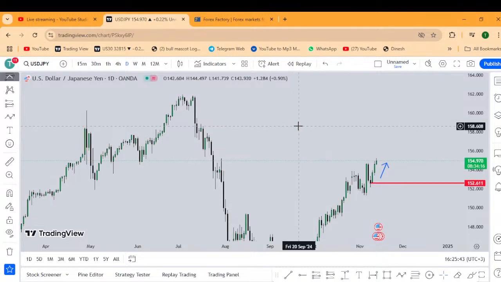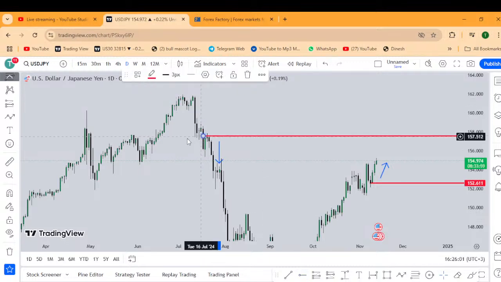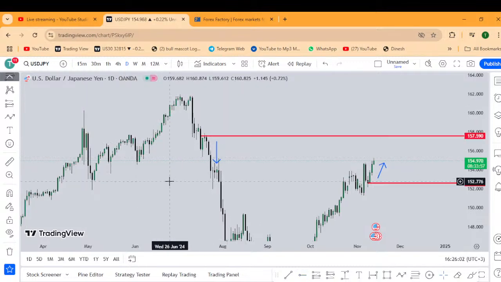So also remember, we are looking for areas rich for buyers and areas rich for sellers. Our first area rich for sellers, an area with a lot of sellers, is this area with the expansion here. As I have told you, this expansion is an indication that behind it is an area of strong what? Of strong sellers. But if these sellers can't defeat these buyers who are coming, then we have to expect this zone here to hold.